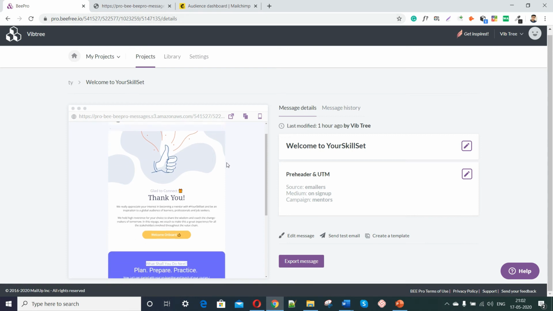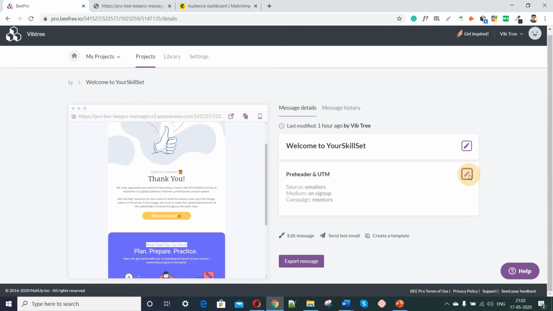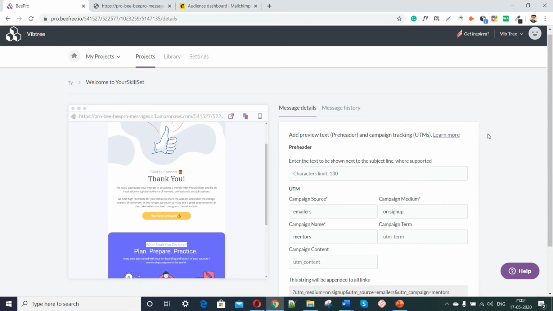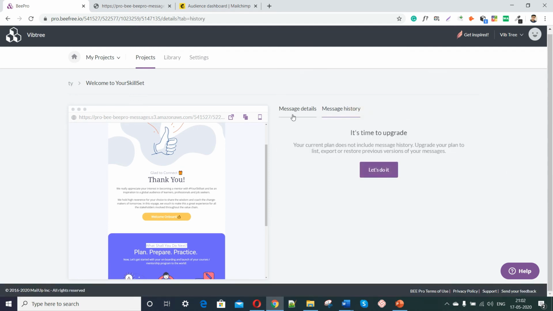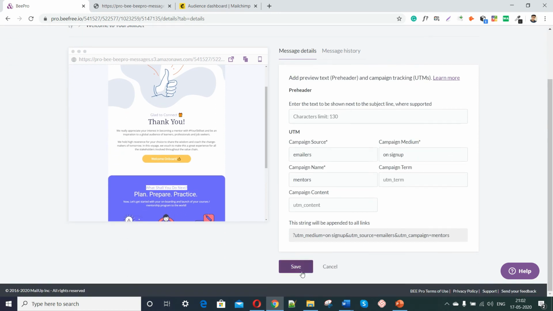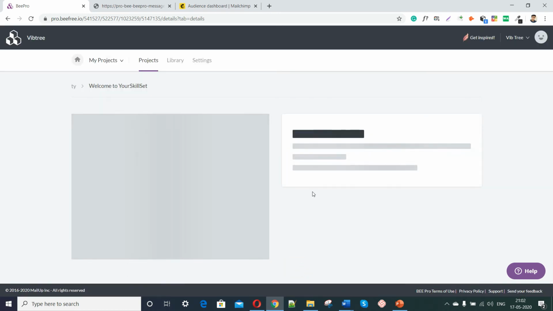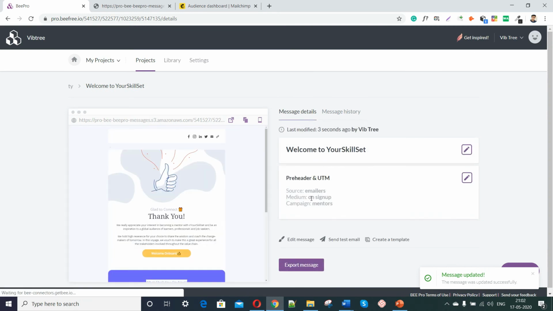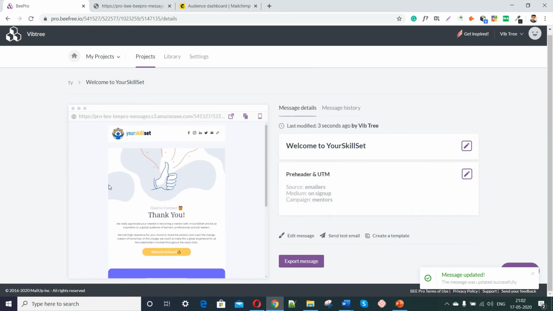Once you've designed it, you can add certain UTM link parameters so that you can track the number of clicks that you are getting on this email. And this is something that we are going to cover in the next video in the email design section. For now, what we are going to cover from here is how do we copy this design into our Elementor.